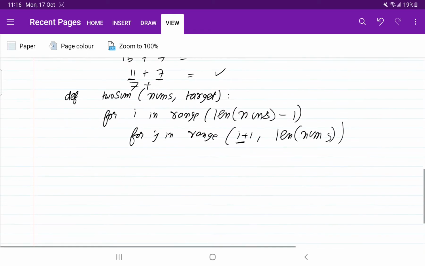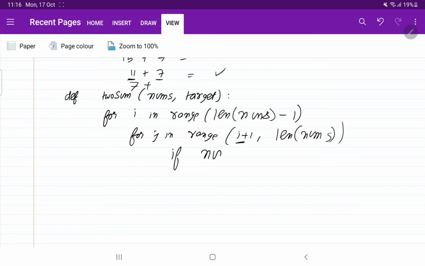Now what we need to do, we need to check if we are getting the target sum or not. So we are going to use the if else condition. So if nums of i plus nums of j equals target, first of all we need to return the solution in a list.